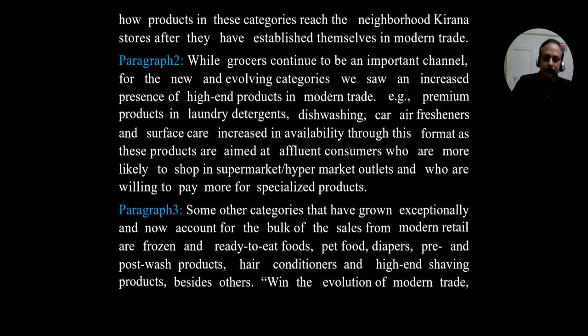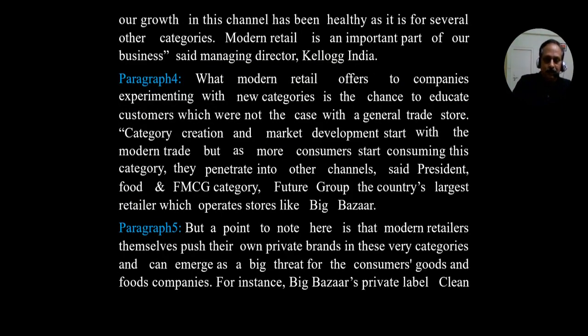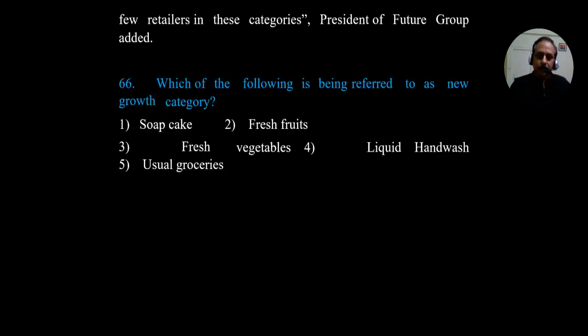In a nutshell, though it has been presented in the form of paragraph 1, 2, 3, 4, just to intimidate you guys, to frighten you guys, just remember, it is like any other passage. It talks about FMCG products, the channels, the supermarket, the hypermarket, then the kirana store in the neighborhood, and also the brands, certain products, and how the companies distribute, how they market, and what is happening right now in that particular field. Almost all the questions you can answer based on explicit information.